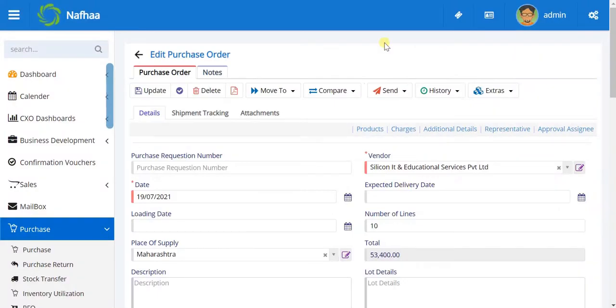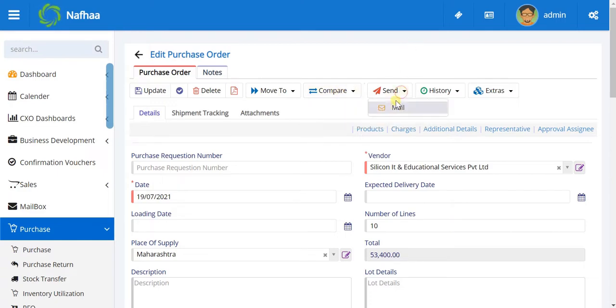So this is the form. We are back to the form. Here you can move this purchase order directly to purchase or GRN stages, so you need not do the data entry again over there. Then you can compare this with the purchase and GRN. So you can come to know whether the purchase is fully as per the purchase order given, or the GRN was in line with the purchase order which was raised.